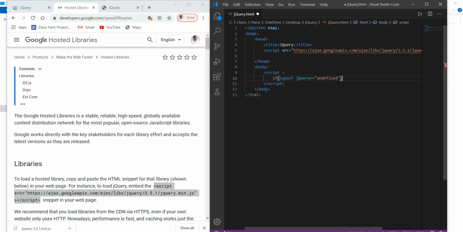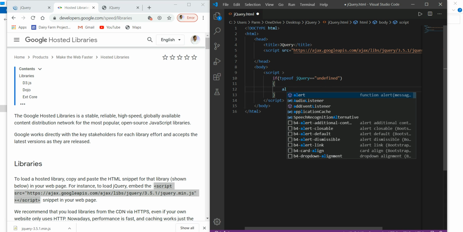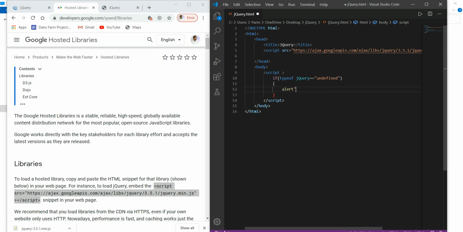In this case we have to write an alert message, simply that jQuery is not installed. So when the value of jQuery is equal to undefined, it will alert us with the message jQuery not installed.